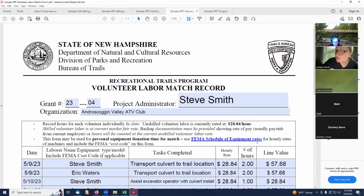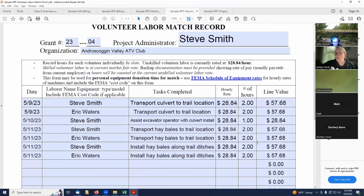Can I ask another question too, just to clarify? On the excavation, if it's less than 10,000 in the bid, there weren't 3 bids that needed to be done for that. Are you still going to want to send them invoices of $2,000 or less for that? No, you don't need to. So if it's less than 10,000, then you don't need to do a bid and you don't need to break it up. Okay, so you can just send it all at once. Right, exactly. If you look back at the rules,